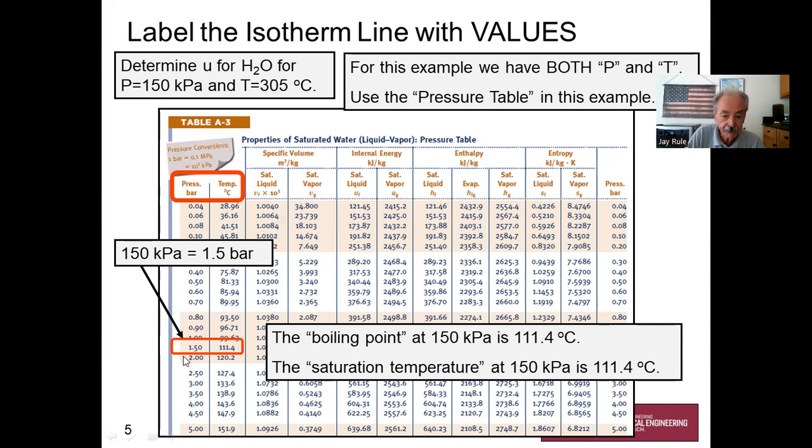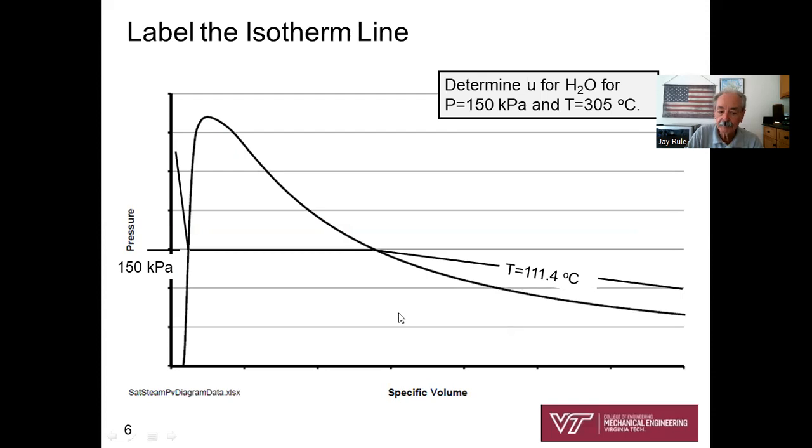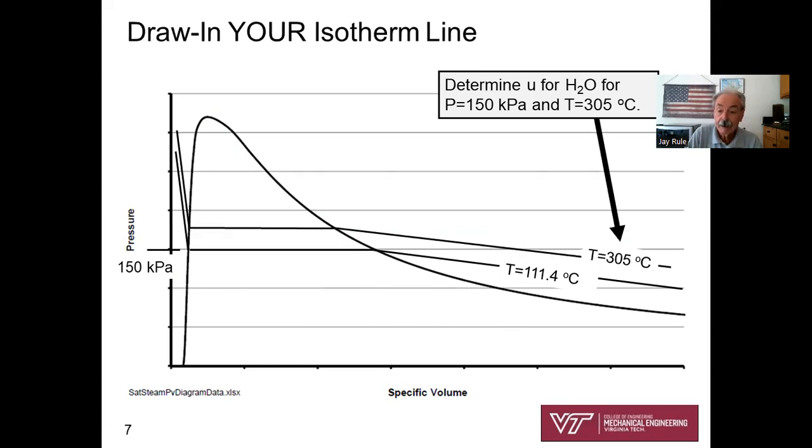So here's the pressure table for saturated water, H2O. Our pressure is 150 kPa or 1.5 bars. I look up the boiling point, or the saturation temperature, 111.4. I use that to label the PV diagram that I just drew. Here's that line of constant temperature. The boiling point of water at a pressure of 150 kPa is 111.4 degrees C. That's the saturation temperature. For our problem, we need to draw in another line of constant temperature above 111.4